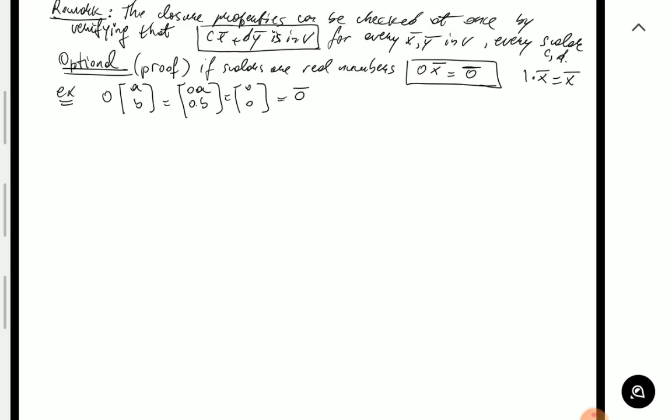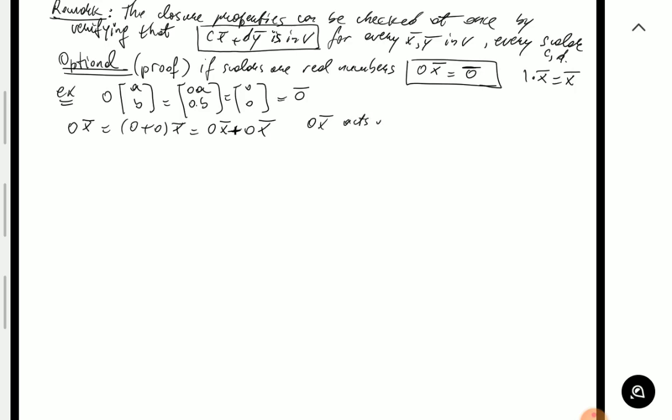So what's optional is the actual proof. Let me see if I can give you a quick sketch of a proof at least. We can start with 0x bar, which we know is a vector because 0 is a scalar, so we have a scalar multiplication between 0 and a vector. Now 0 is also 0 plus 0, and we also have distributivity. Basically 0x has to be equal to 0x plus 0x, which means 0x